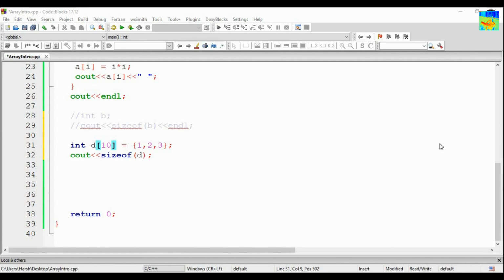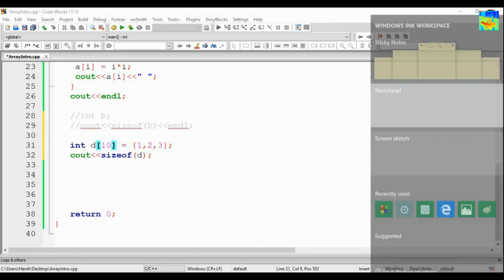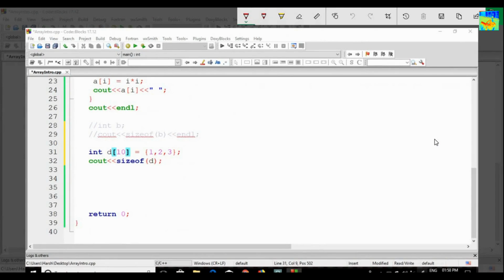There are two possibilities that could have happened here. So size of d. The first possibility is my output is 12 bytes. The second possibility is my output is 40 bytes. Why 12? Because we have given only 3 values, and each value is an integer, that is 4 bytes.